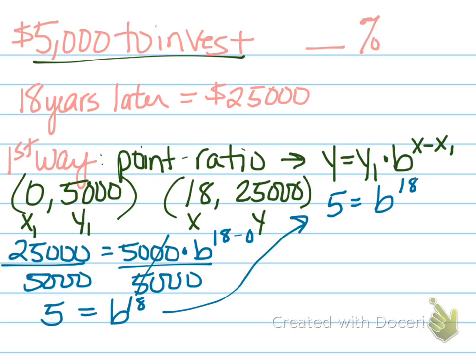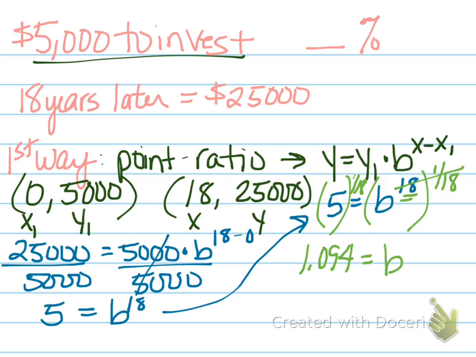So remember, in order to solve anything with an exponent of a number, we just raise it to the power of its reciprocal. So I raise it to the power of 1 over 18. I have to do that to both sides. These exponents will cancel out to a 1, which I don't need to write, and 5 to the 18th power, to the 1 over 18th power is